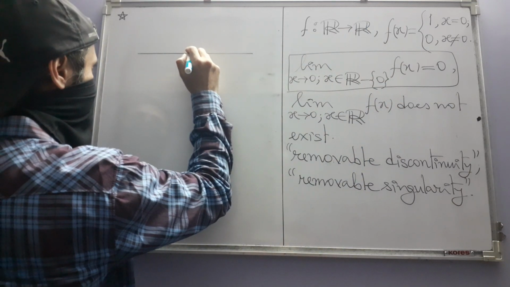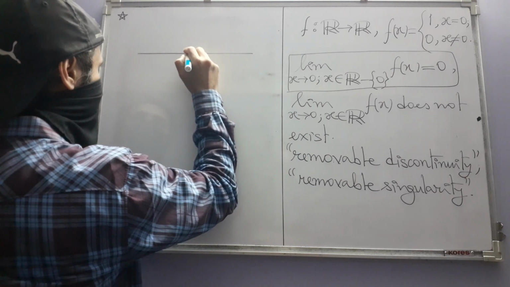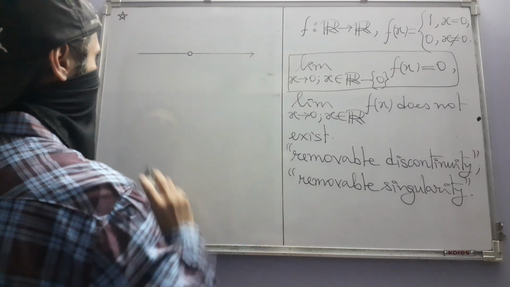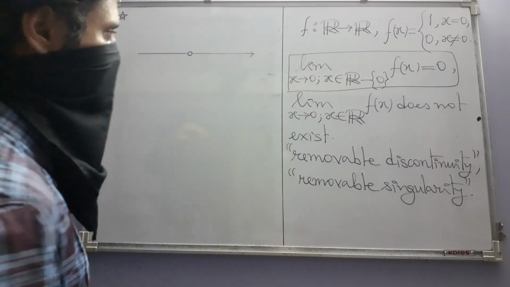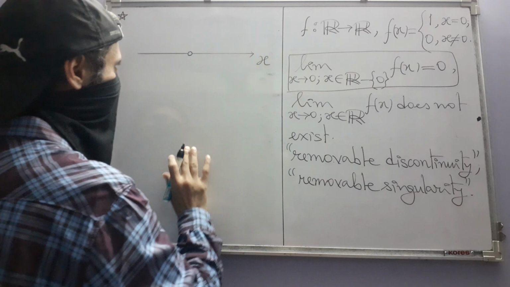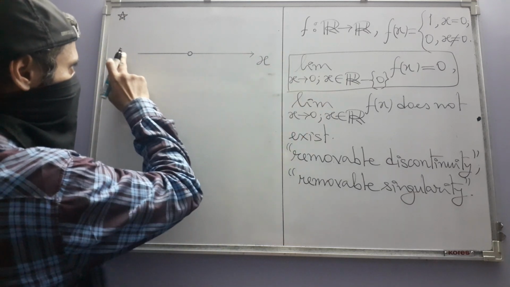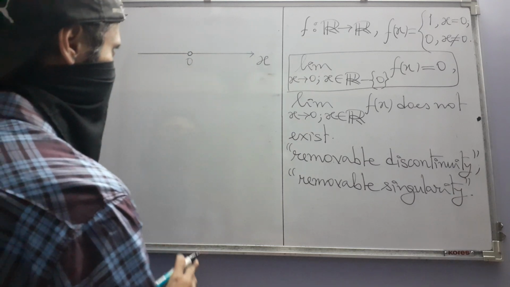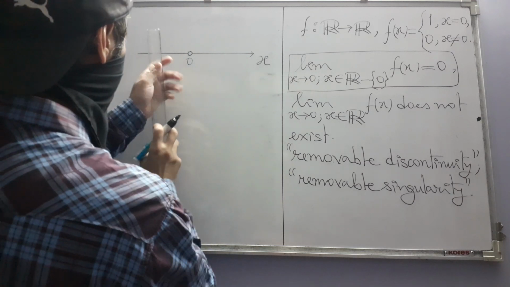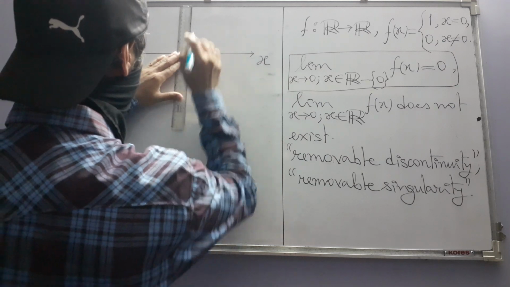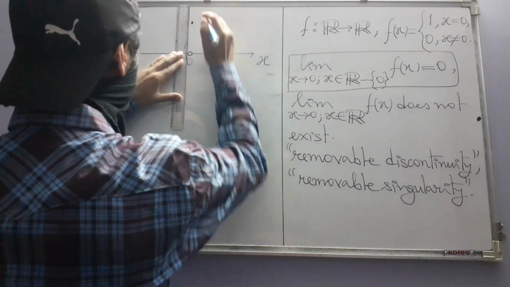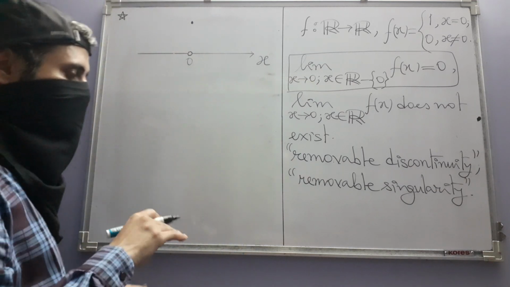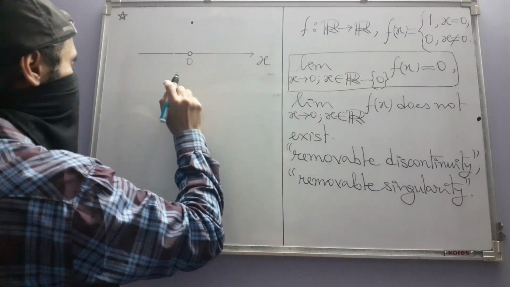Say this is our 0. Just in order to show the graph clearly, let me just not draw the y-axis. So this is your usual x-axis. So the graph of this function is the entire x-axis from which the point x equal to 0 has been removed. And in its place, you have a single point which is at a distance 1 above the x-axis. So this is the graph